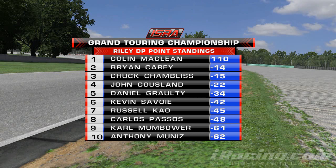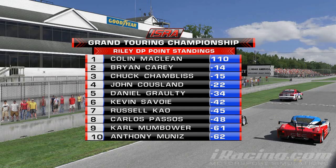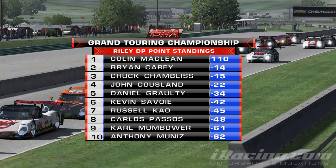Here we go. Colin McLean leading the Daytona Prototypes with 110 points. Brian Carey and Chuck Chambliss in a heated battle for second. And it looks like John Kuzland could be vying for the third spot there. But then Daniel Gralti pretty solidly at the moment in fifth, although he could probably turn that into fourth if